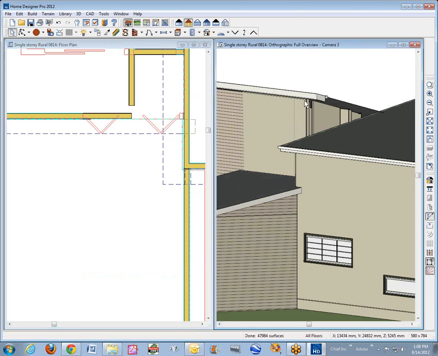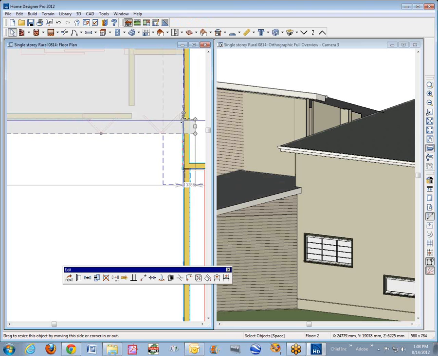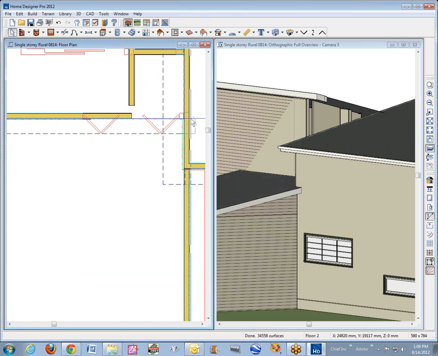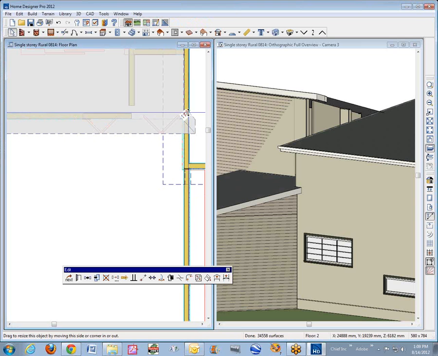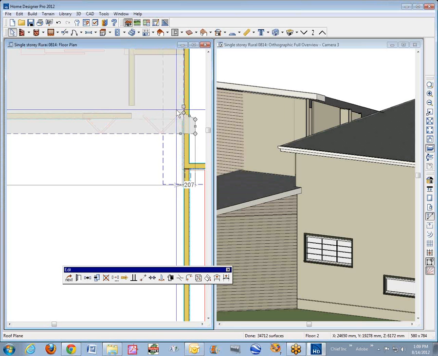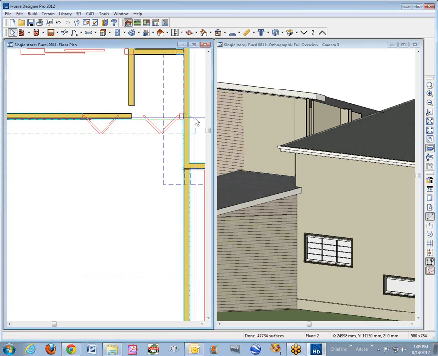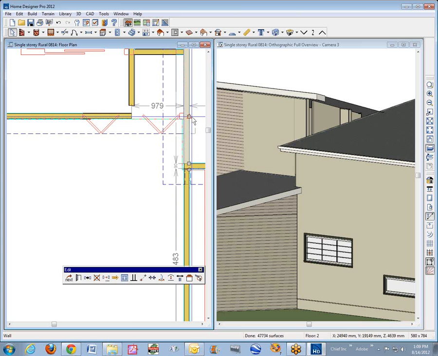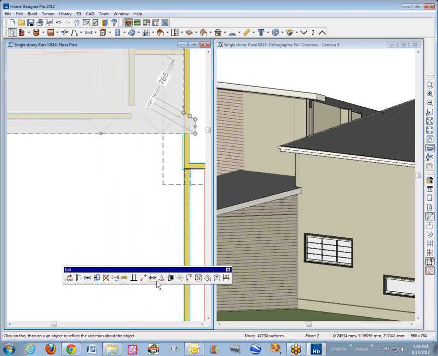I think this edge should overhang this edge in terms of the way you build such things. I'm going to get rid of this little break here. Now left click and drag on it just to get rid of the line. I didn't quite hold my mouse right. That square snap indicator shows that I'm on a corner. And I'm going to take this edge, that edge, and make it perpendicular up to this wall, so it's at a 90-degree angle. Yeah, like that. And I'm going to just drag this down